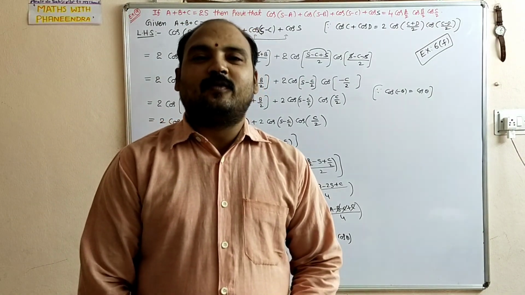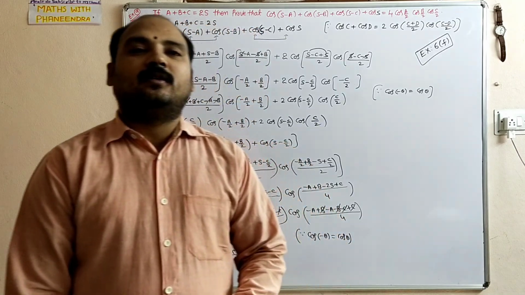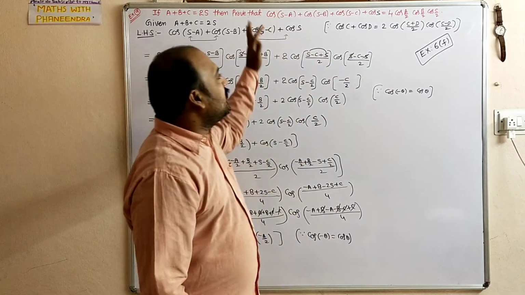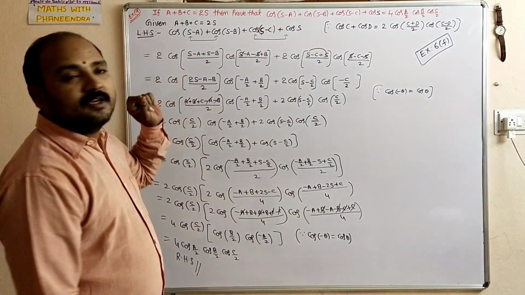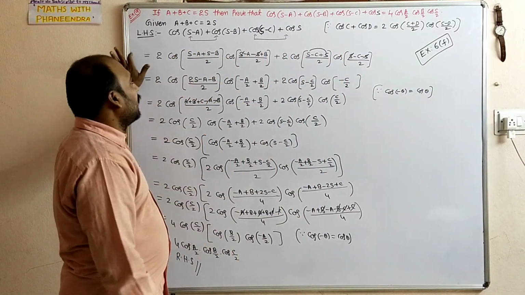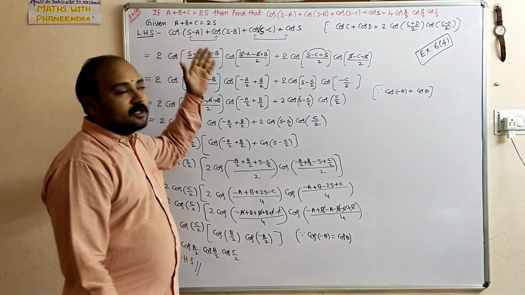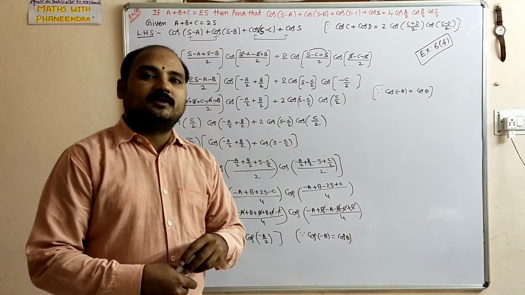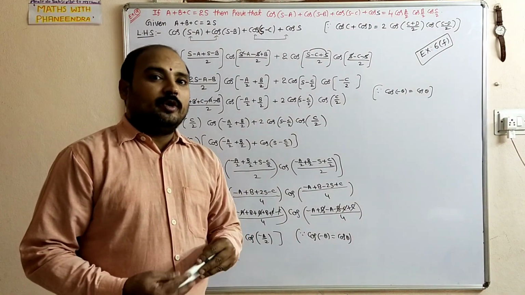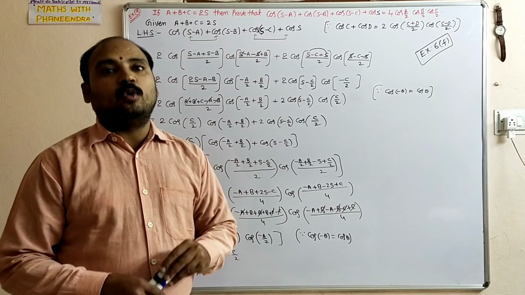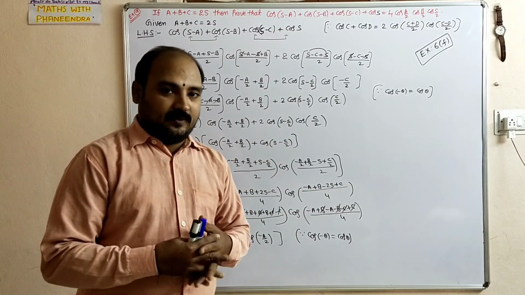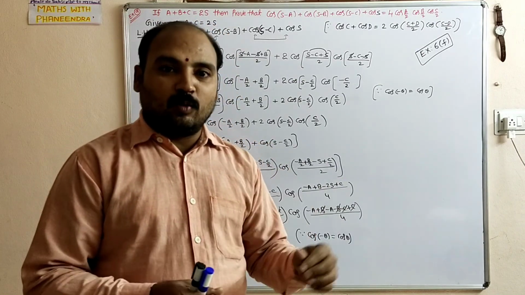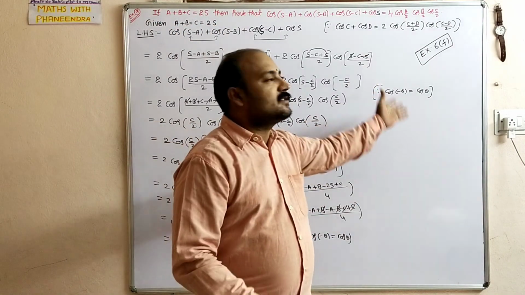Thank you dear students for watching my channel. In the next video, we are going to finish exercise 6F. Till now we discussed exercise 6F, question number 10, Roman 1 and 2 and example 9. These type of category questions, that means A plus B plus C is equal to 2S cases. These questions were discussed. In the next episode, we are going to discuss A plus B plus C plus D equal to 360, that means 2 pi. Like these questions, 2 to 3 we will discuss, including an example problem. So we will finish that exercise 6F.